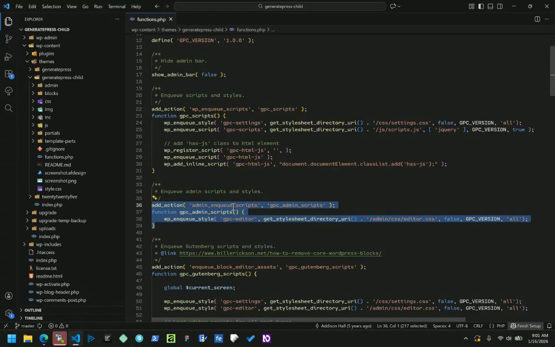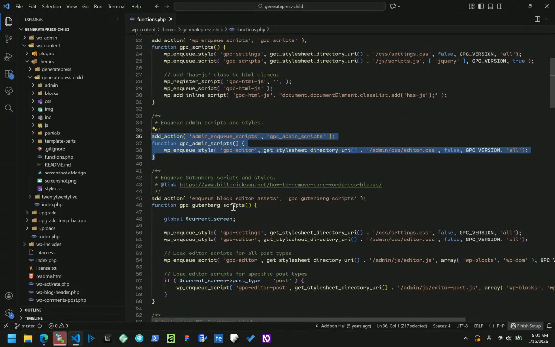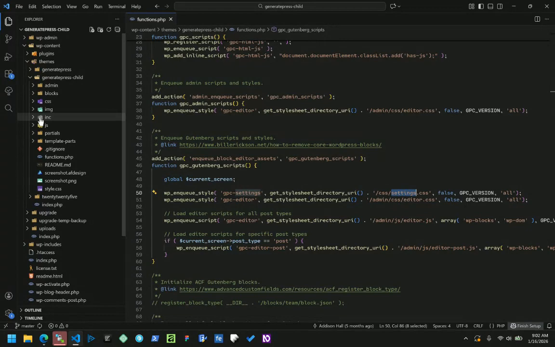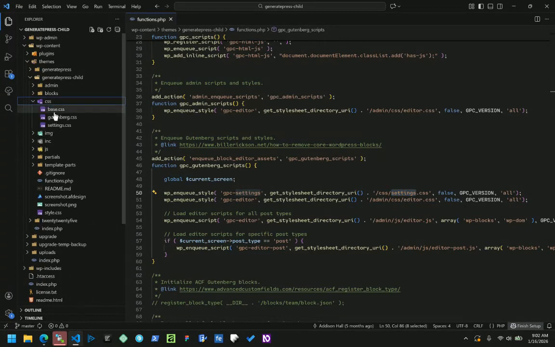There's admin enqueue scripts, and also this add action enqueue block editor assets. So what I've done with an update to my child theme is I now have a settings file. And I think I'm going to use that to include things like, well, for one, if I go to the CSS folder and